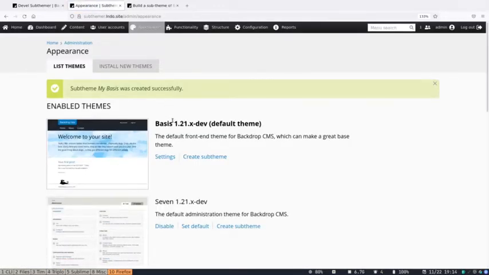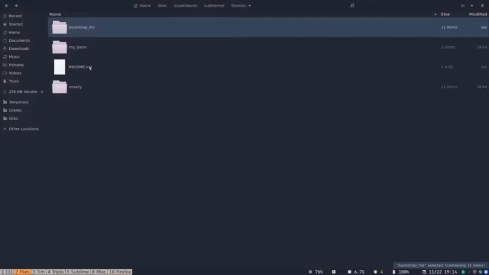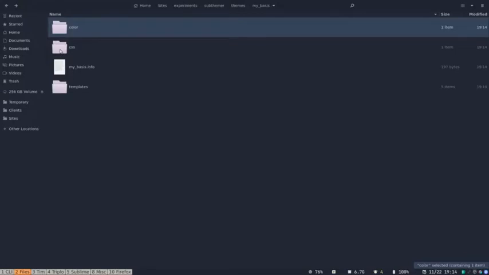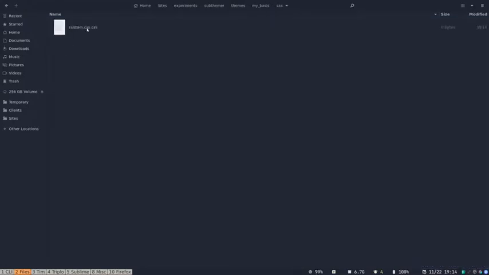It says My Basis was created successfully. Well, how do we know? Well, first of all, we're going to take a peek at the file system, and we can see this is the themes directory in my sample site here on my laptop. And we'll notice that Bootstrap and Snazzy were here before, and now we have My Basis. My Basis is my new theme. It comes with the color module. You'll remember we asked to import that. It comes with a CSS directory with an empty